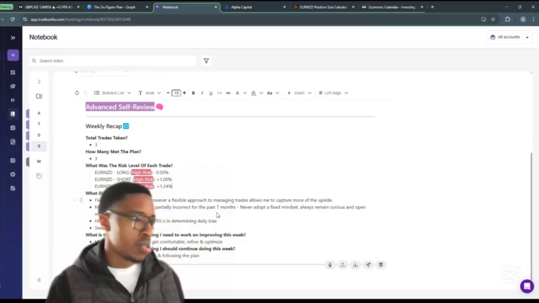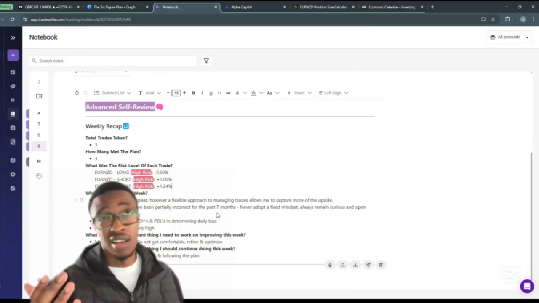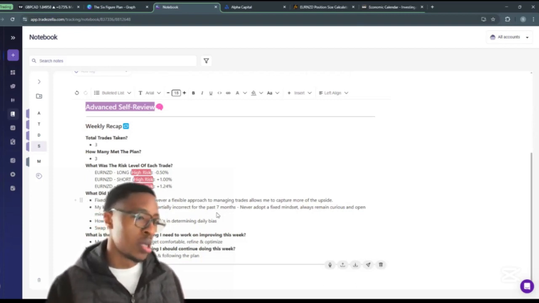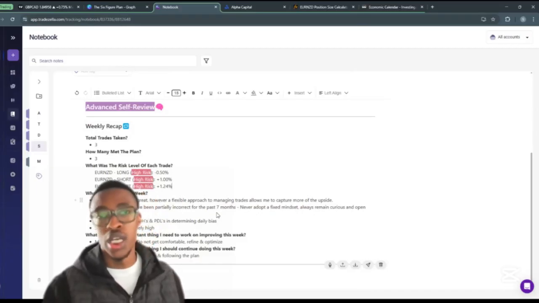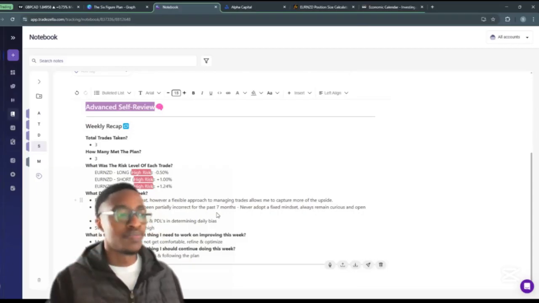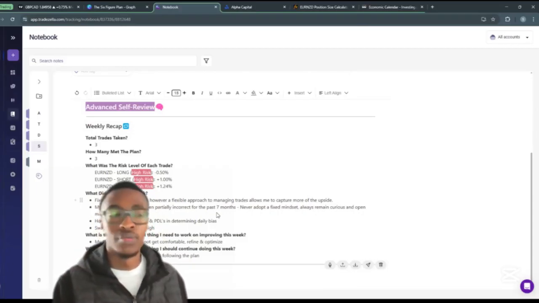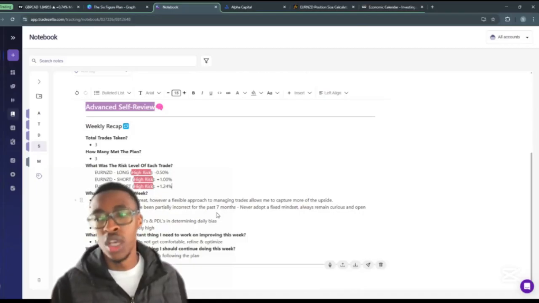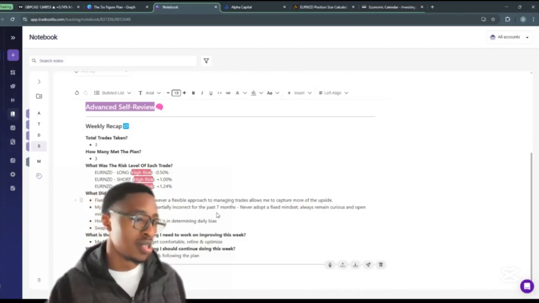Second thing, obviously my kill zones have been partially incorrect for the past 7 months. I did share this in day 109 or 107, one of the two. But when I was going through the changes in my plan and shared that, it reminded me to never adopt a fixed mindset, always remain curious and open-minded, because you may think you know something, you may think you're doing something right, but